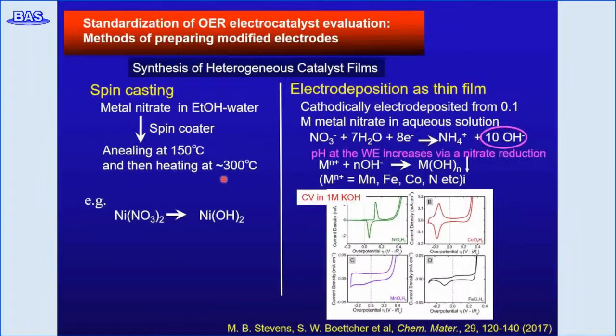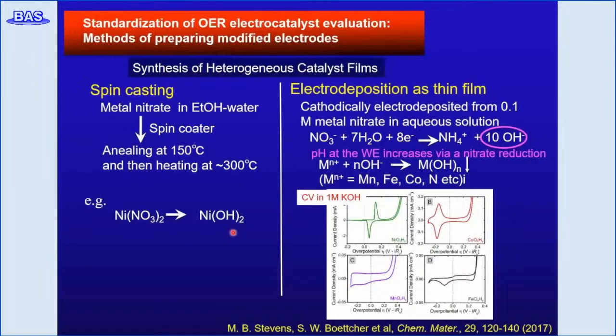This results in a metal oxide being formed. When this metal oxide electrode is immersed in a 1 molar potassium hydroxide solution, it becomes a hydroxide